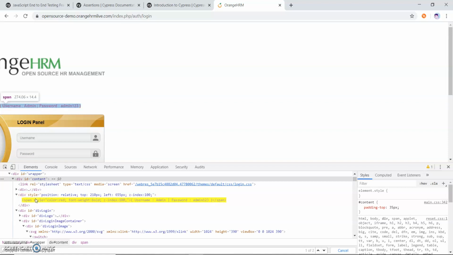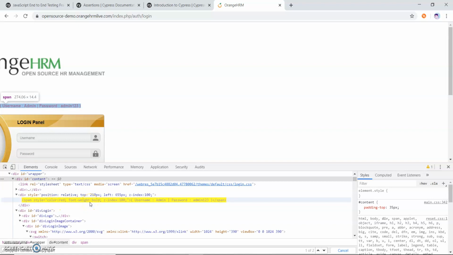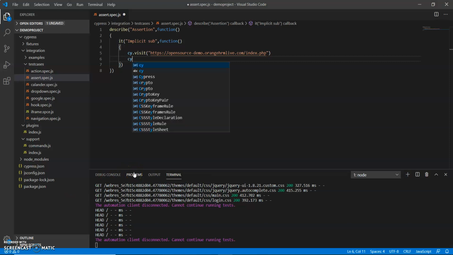Here I just validate whether this style has red color, font size, font weight bold, and z-index 100 or not. We will see how we can do this in Cypress.